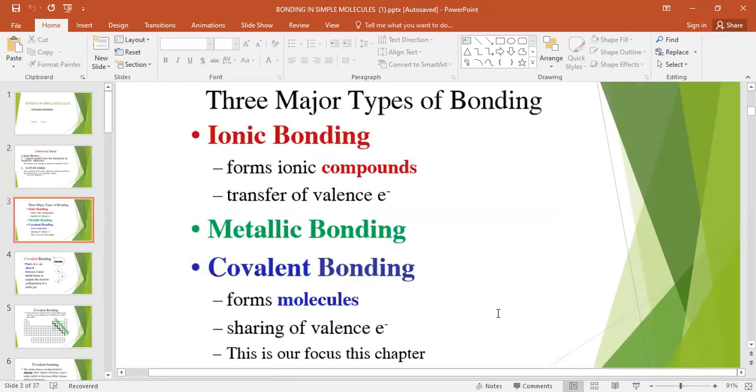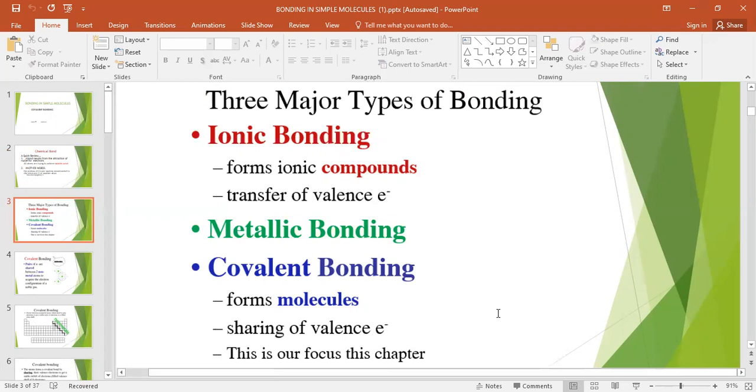Yes, see the next. Generally, we have three types of chemical bonding: ionic, metallic, and covalent. Ionic you did in grade 9. Just for information, in ionic bonding electrons are completely transferred from one atom to another. And in metallic bonding, when positive species attract mobile electrons, we call it metallic bonding.